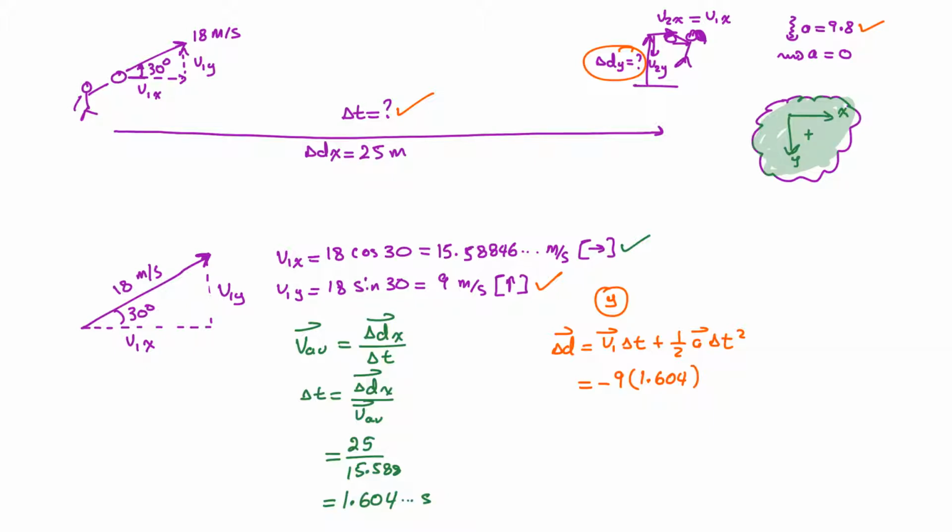Plus half, for acceleration, I'm going to use 9.8 and 1.604 squared. The value that I get is negative 1.83087, and I'm going to approximate that with, I believe, 2 significant figures because of my values, as